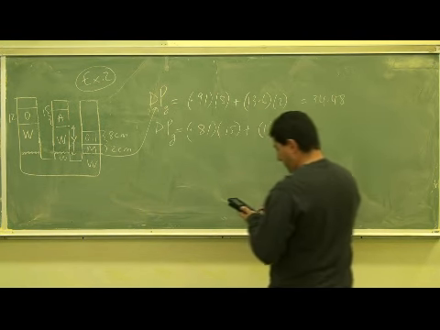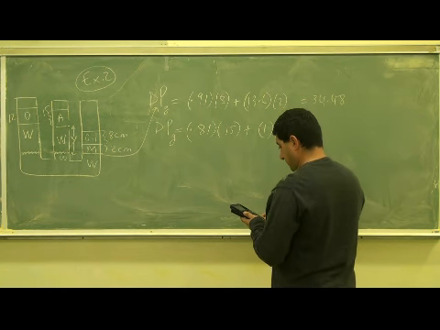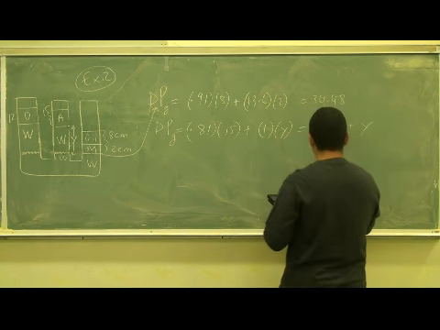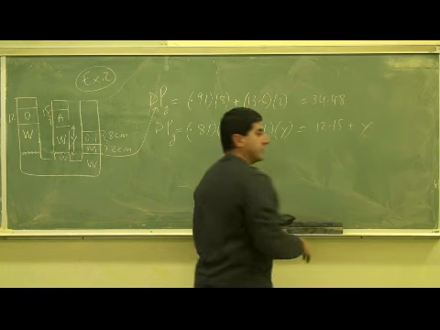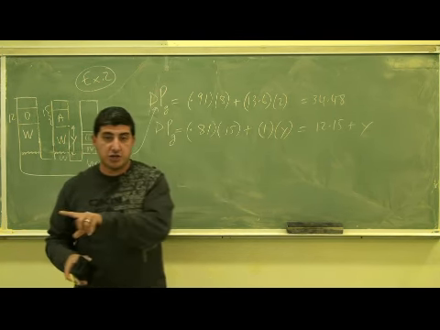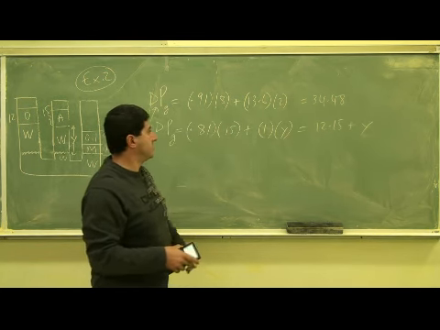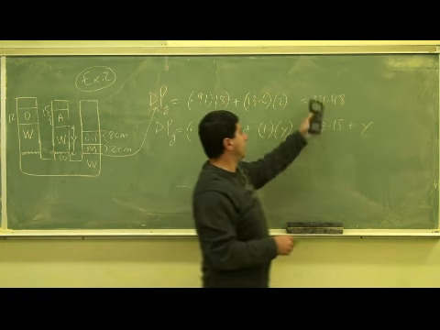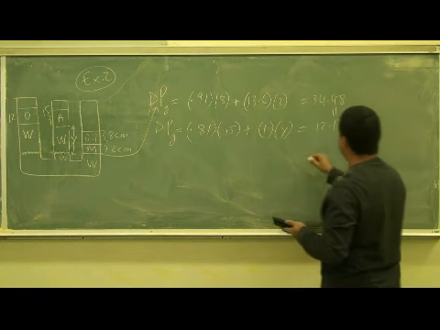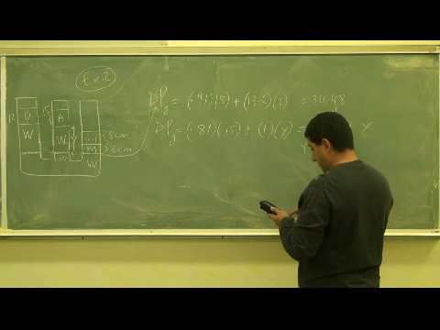This one is 0.81 times 15, which is 12.15, plus Y. Now notice I ignored the g here, because remember pressure is rho g h, but I ignored g because they both have g, so it is irrelevant here. Now I'm going to set these equal to each other and solve for Y, and Y is equal to 34.48 minus